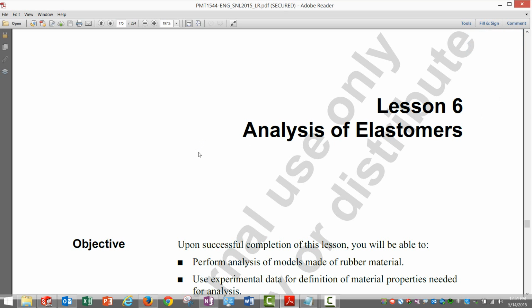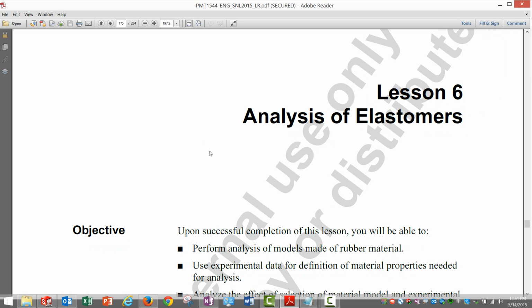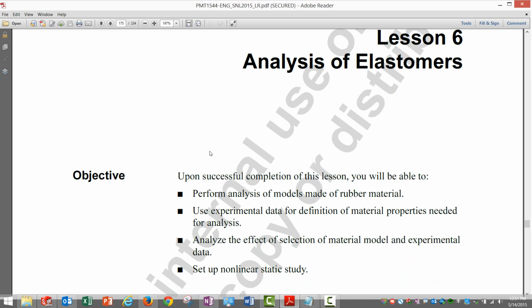Okay, welcome back guys. So lesson 6, this is on elastomers or rubber-like materials, and as we discussed in the theory part, this would be more towards using the Mooney-Rivlin constants or Mooney-Rivlin material model. Okay, there were 2 to 3 different material models which could be used for rubber. The other ones were Ogden and Blatz-Ko, but in this case we are using Mooney-Rivlin, and we'll see how we